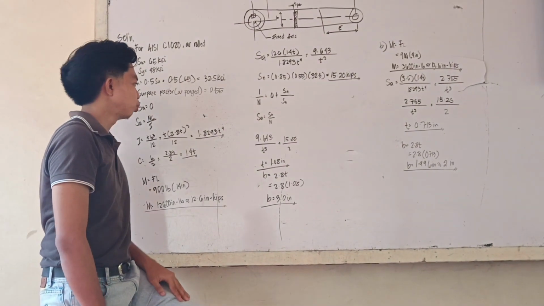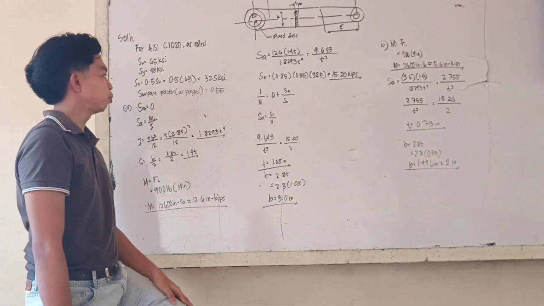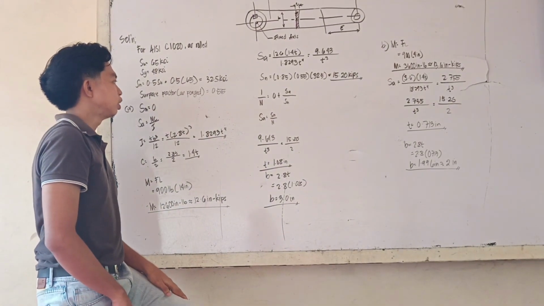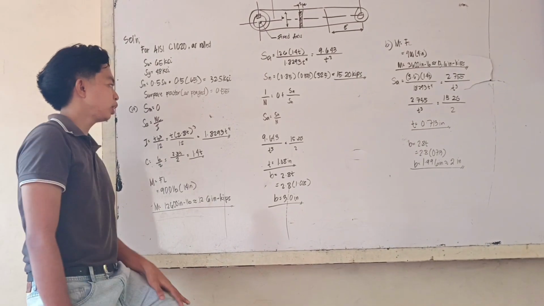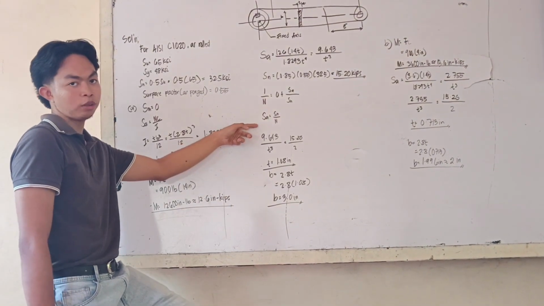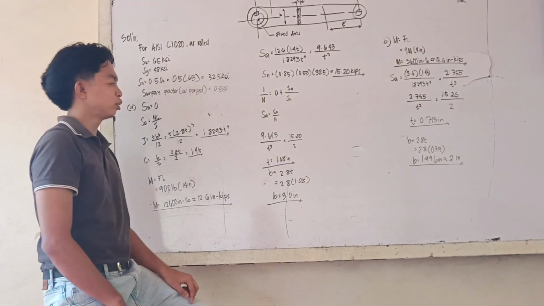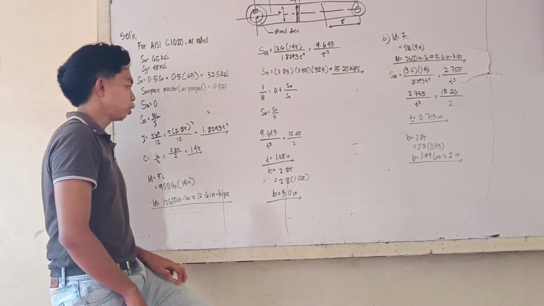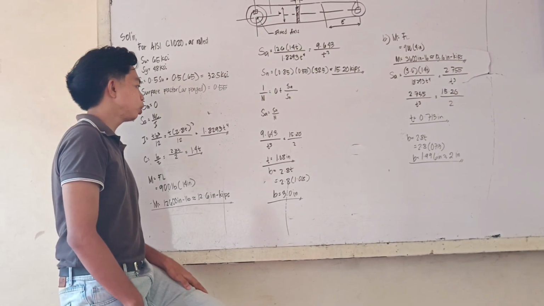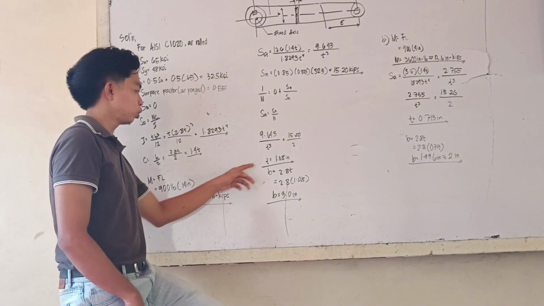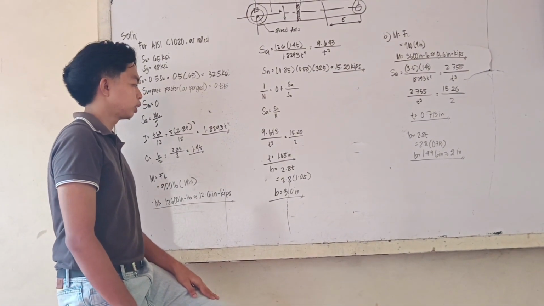So next is for Sa. So to formulate the formula here, this is the formula: 1 over n equals 0 plus Sa over Sn. So you need to manipulate the formula, so it will become Sa is equal to Sn over n. So input the values. So 9.643 over t raised to q equals 15.20 over 2. So the t is equal to 1.08 inches.